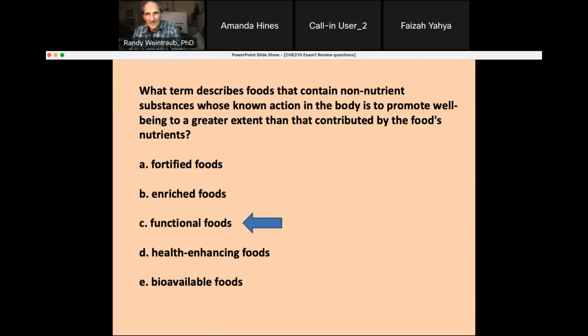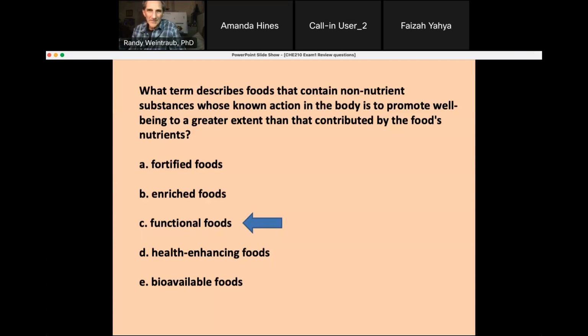It might be construction, something like adding some kind of other natural materials. Fiber is a really big functional food. So there's a kind of a gray line between functional food and enriched and fortified foods. So those two, enriched, fortified,